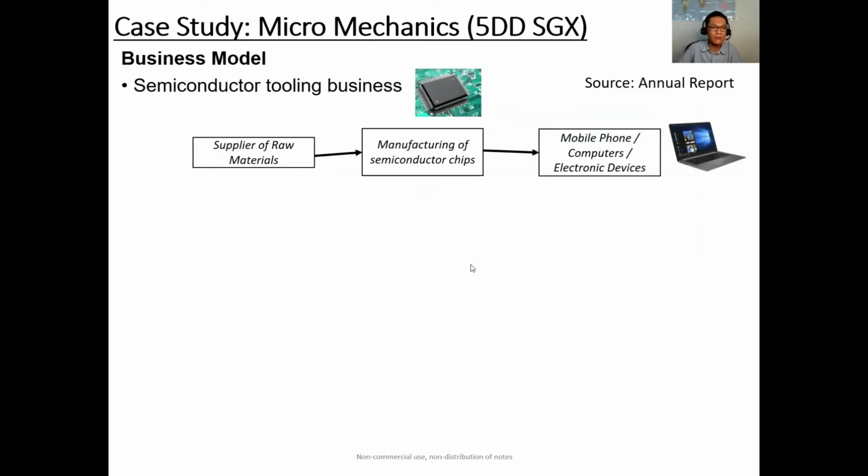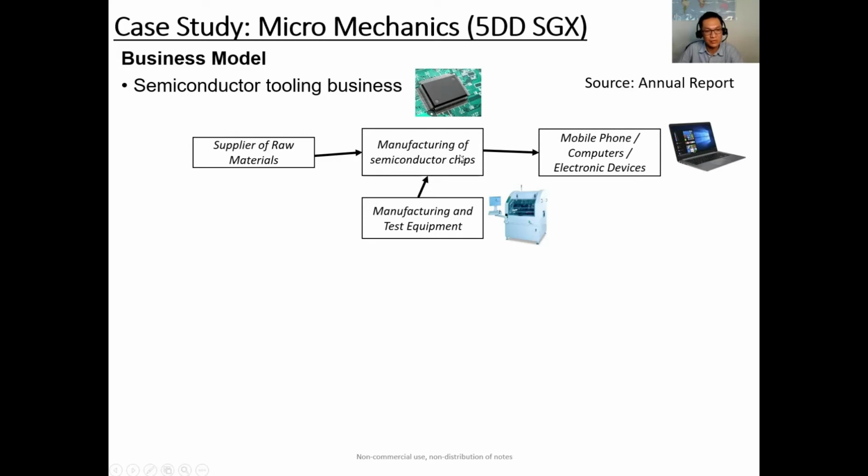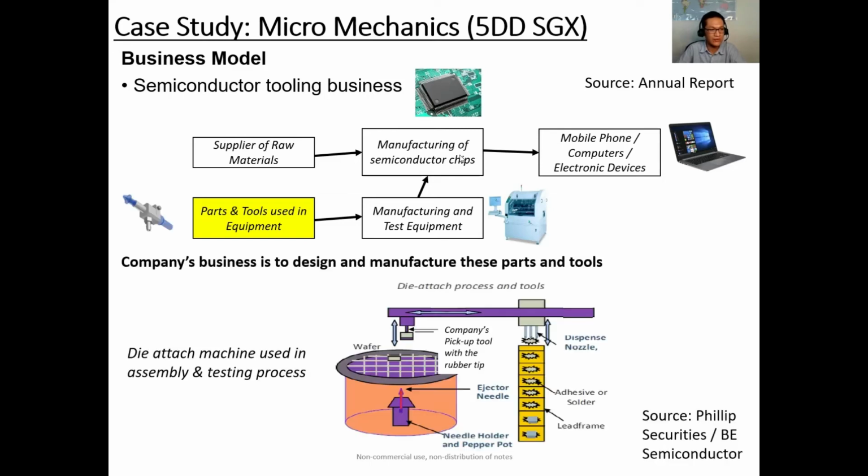So we know that our mobile phones, computers, and electronic devices contain semiconductor chips, and these semiconductor chips come from the manufacturer itself, and this manufacturer gets the raw materials to manufacture the chips. Of course, there are test equipment and manufacturing equipment involved in manufacturing the chips. Inside the equipment, there are parts and tools that are used. For this company, Micron Mechanics, they design and manufacture these parts and tools that are used in the test